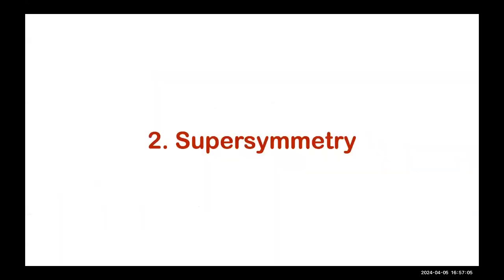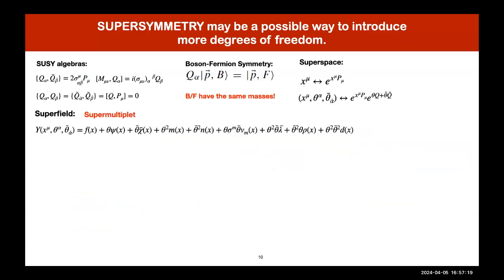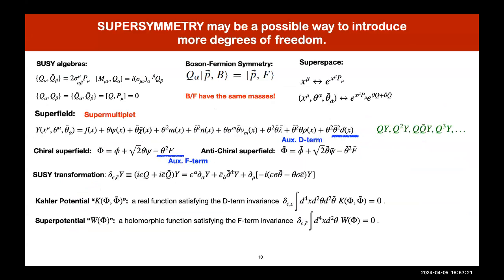Okay, I need to speed up. Okay, then the next is supersymmetry. So supersymmetry is just a symmetry that can connect the bosons and fermions in a single multiplet. So there's some supersymmetry algebra here, and these Q operators can